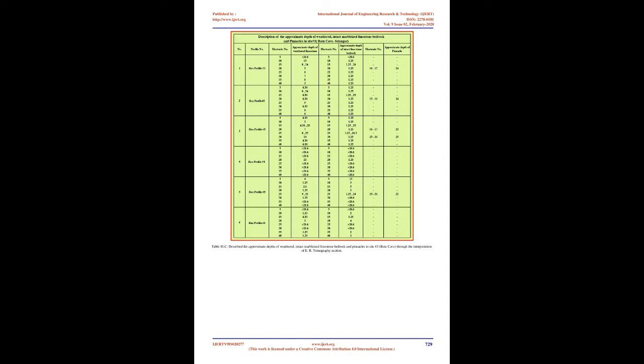This ER tomography technique is limited to a depth of 28.6 m. This limitation severely limits our attempt to understand the activities of the underground combined cave systems and cavities discovered in these sites. Table 10.a described the approximate depths of weathered, intact marbleized limestone bedrock and pinnacles in Site number